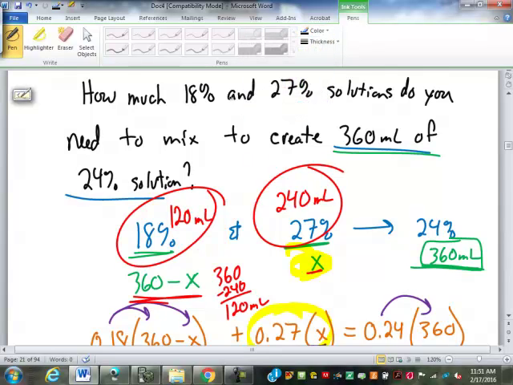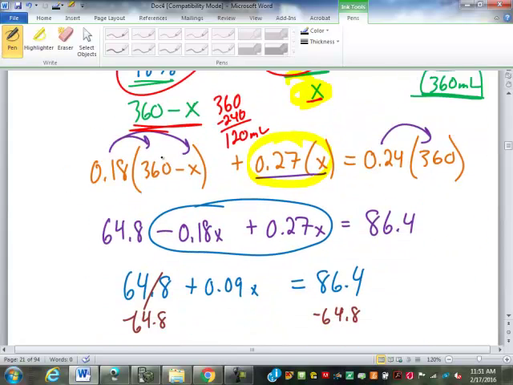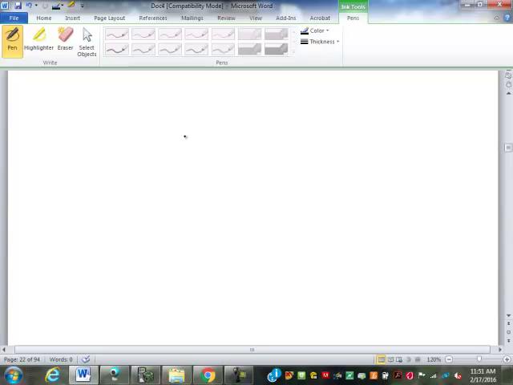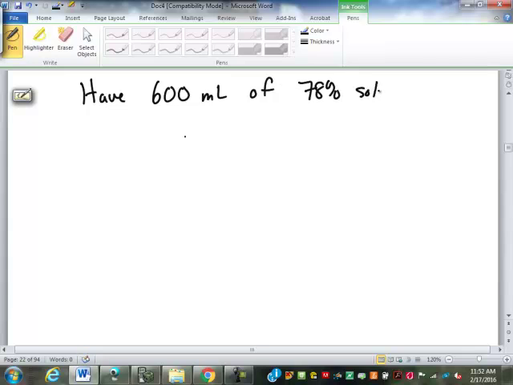Now there are some related questions to this that I want to address. We'll come back and do another example of that before we're done as well. Sometimes we run into a problem like this. We have 600 milliliters of 78% solution. So our question is, how much